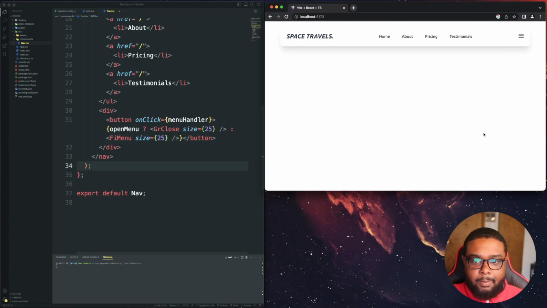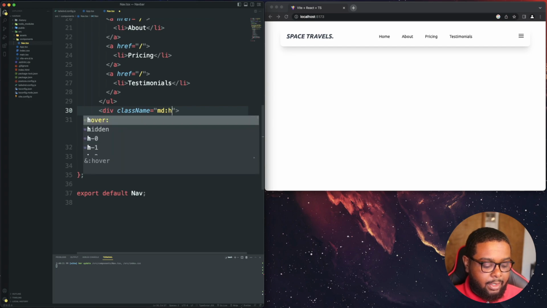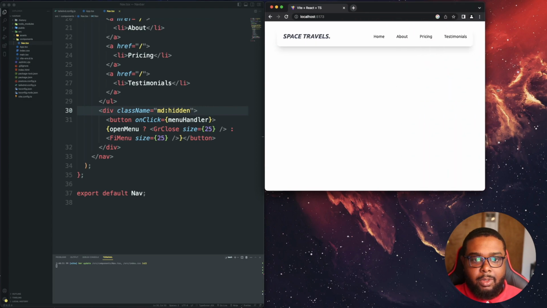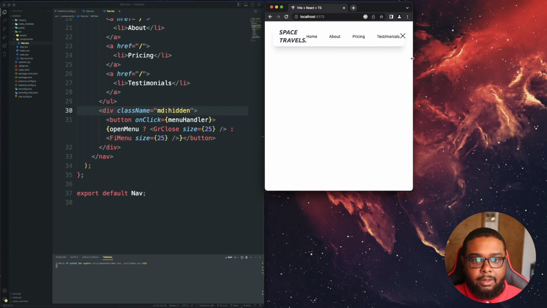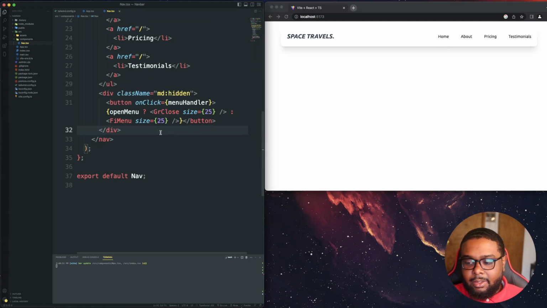All right, so what we want is, we don't want this there whenever the screen is this size. We just want it there whenever we're on mobile. So let's give this a class name, and we're just gonna simply do a medium of hidden, and it should disappear. So now whenever we get below medium, it appears right there. Nice. All right, so that's that, and I believe that's all the code for that section, so we shouldn't have to touch